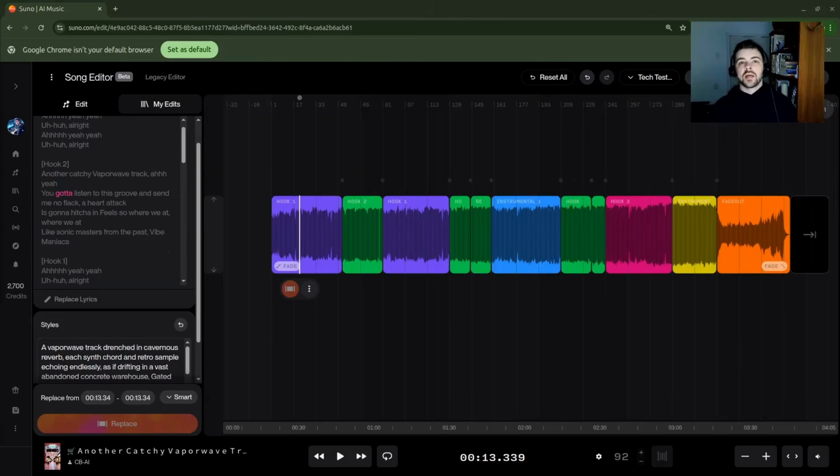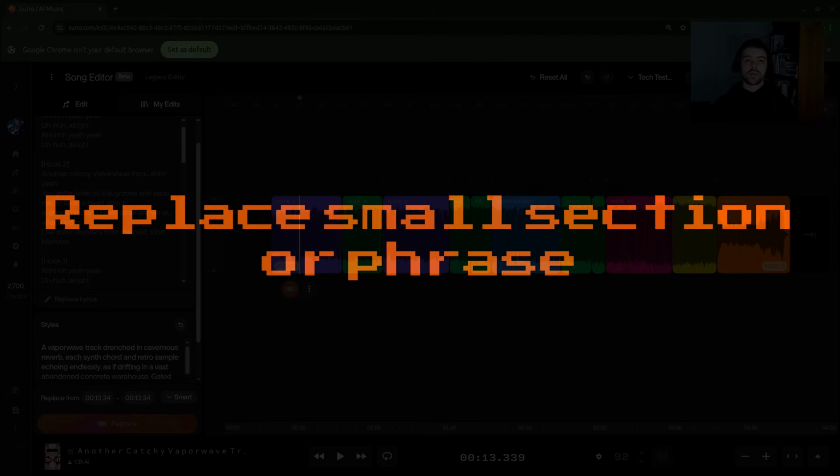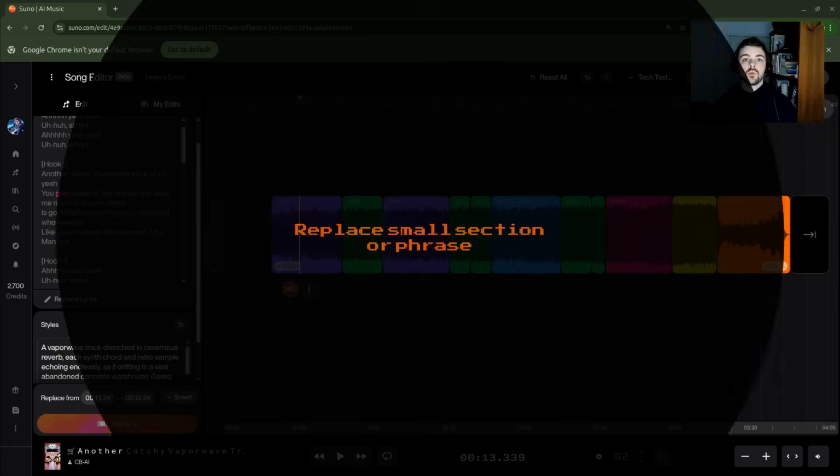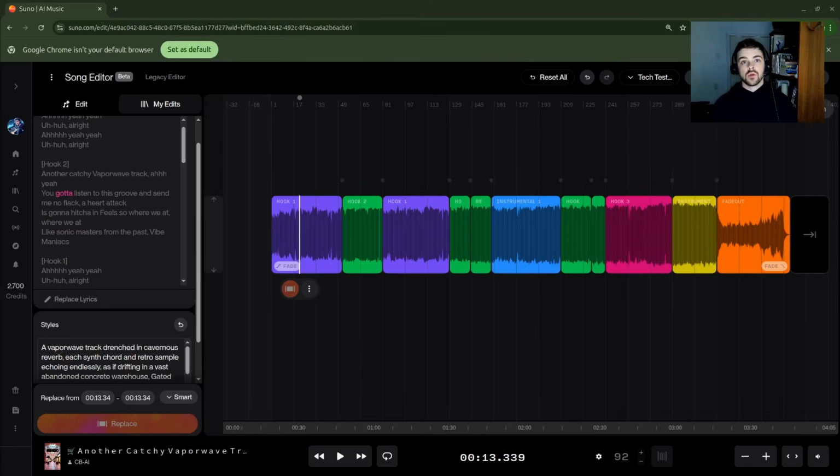Alrighty, now that we've tidied up our sections, made them look nice and clean, and we've matched the lyrics to the audio, the next step is I'm going to show you one way that you can replace the lyrics, and that is to replace a small section of lyrics within your song. This can be one of the hardest things to get right in Suno, and your generations can often be varied quite a bit. So it may take some finagling to get your lyrics right and modifying them slightly if you want this to work. Now, the section that we're going to modify is